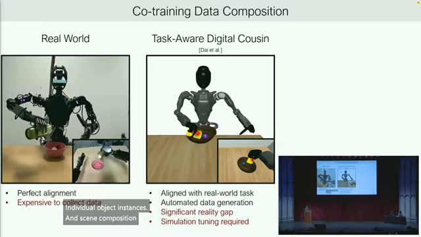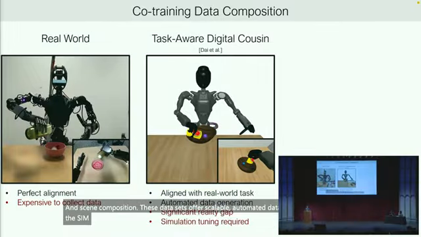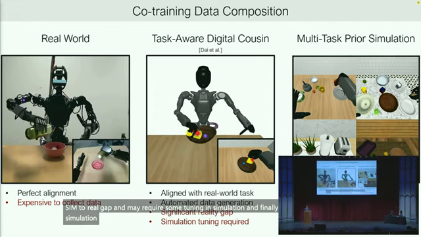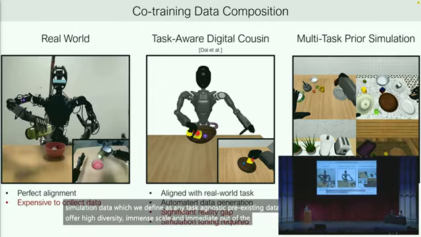These datasets offer scalable automated data generation, but face a sim-to-real gap and may require some tuning in simulation. And finally, our multitask prior simulation data, which we define as any task-agnostic pre-existing dataset. These datasets offer high diversity, immense scale, and immediate out-of-the-box usability, but may have minimal alignment with the downstream